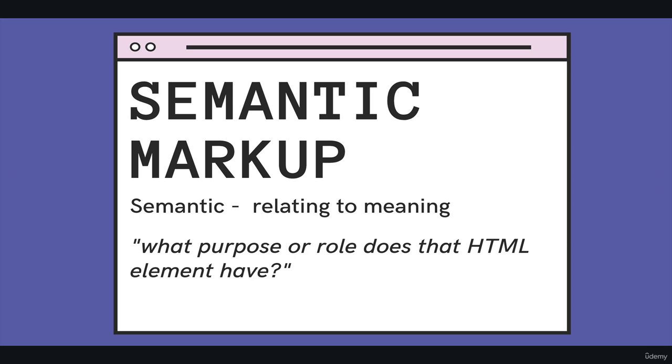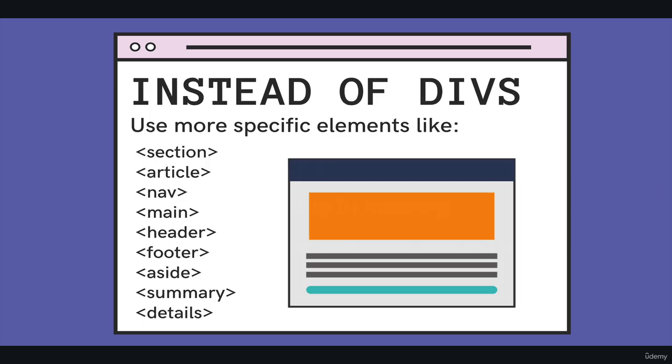Okay, so we're going to take a look at some of these semantic elements and try using them. This will be quick, even though we're going to talk about quite a few elements, because as I mentioned earlier, they don't really do anything different, they just have different names. Okay, so here are some of the examples of elements you could use in place of a div or just